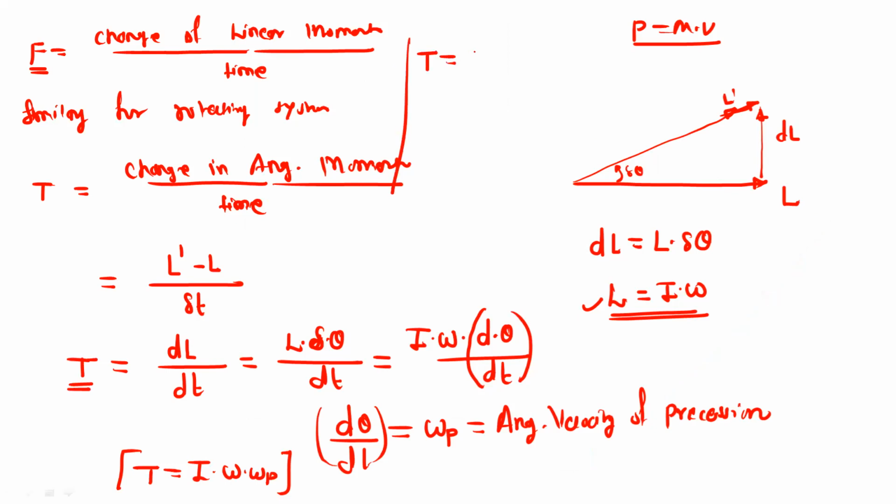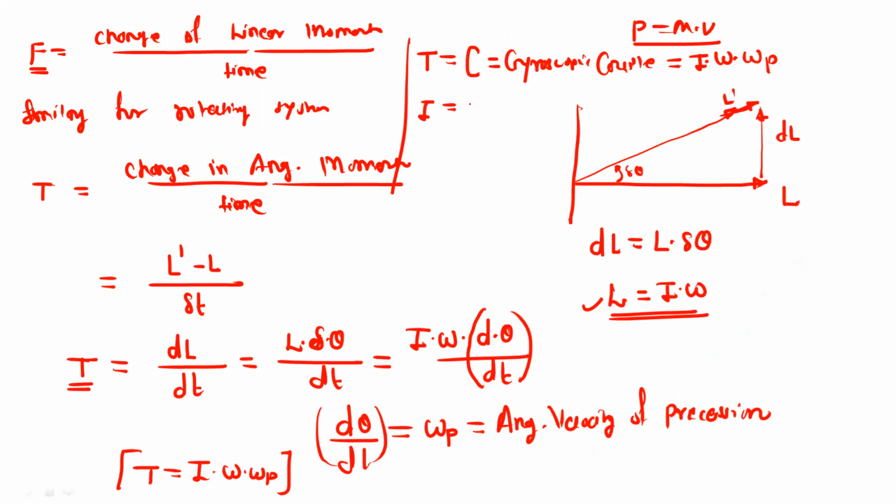So it is represented as a capital C as a gyroscopic couple. And this is equal to I omega into omega p. Okay. So in this equation,